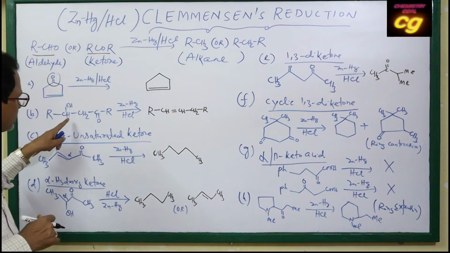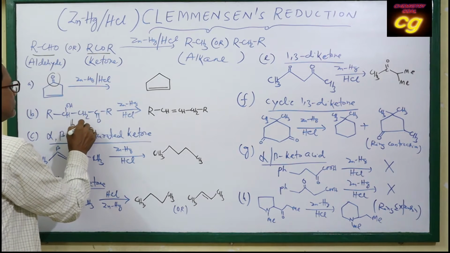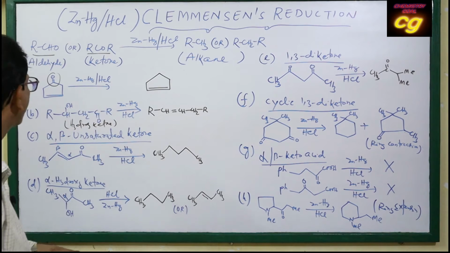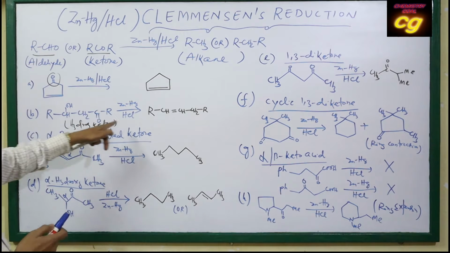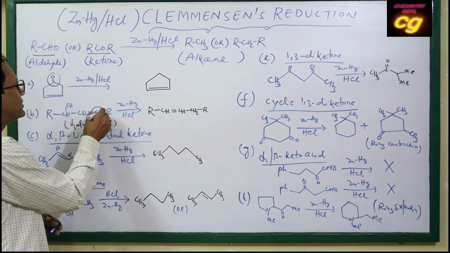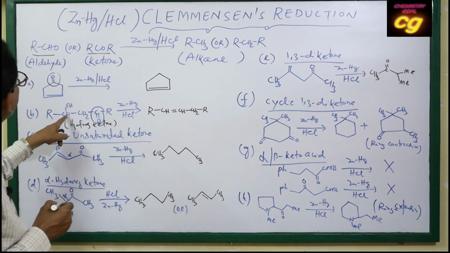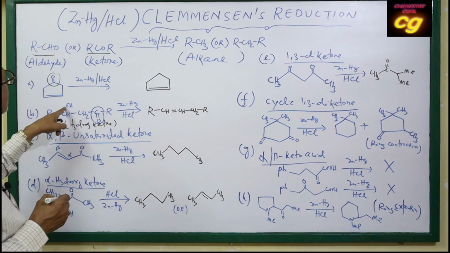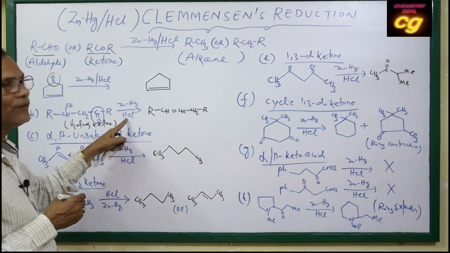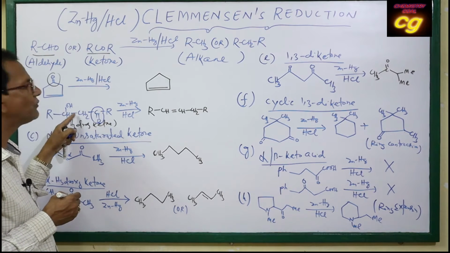Here you see this is a hydroxyketone. Here the hydroxyketone gets reduced to alkene. This is your keto group, which gets reduced to alkane, C=O becomes CH2, and here OH and H will be eliminated only with the help of hydrochloric acid. Due to protonation of the OH group, it helps the loss of the OH group, forming the alkene.